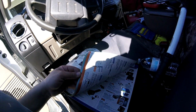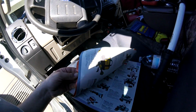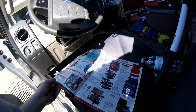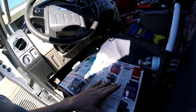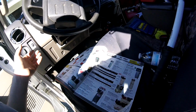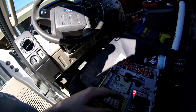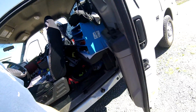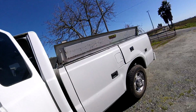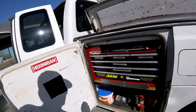But these are cool. So I find my little tools and stuff, and they have everything in here. They're a lot more expensive than you can get on Amazon, but it's cool because you find something here that you like, and then just search the part number on Amazon, and you'll find it for cheaper, guarantee it. So that's it. That's it for my tour. And if you guys got